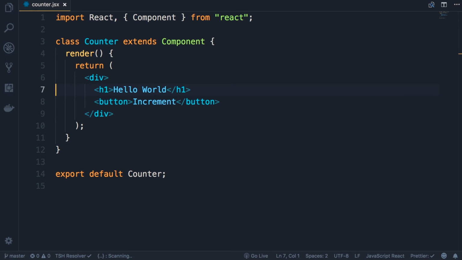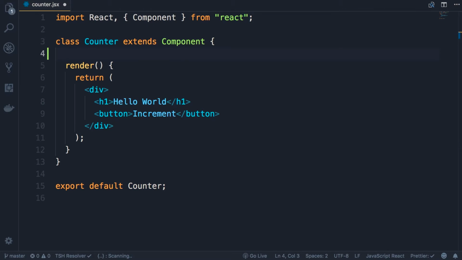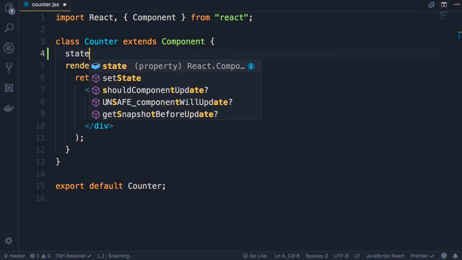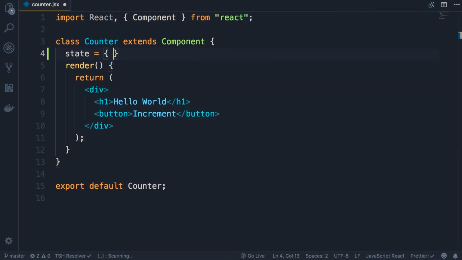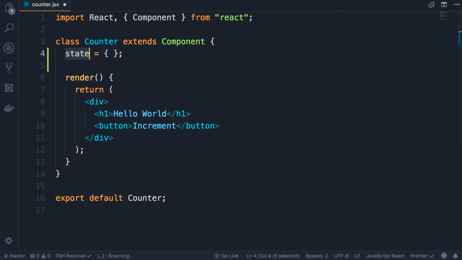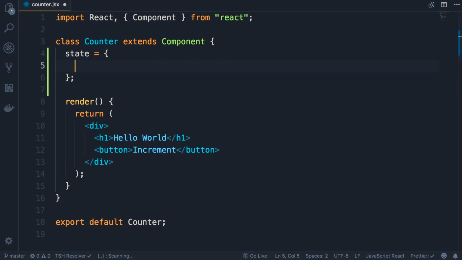All right, now let's take this to the next level. Instead of hard coding this hello world here, I want to display a value dynamically. So here in the counter class, we need to add a property, call it state, and set it to an object. State is a special property in React components, and basically it's an object that includes any data that this component needs. So in this case, let's add a property in this object, call it count, and set it to